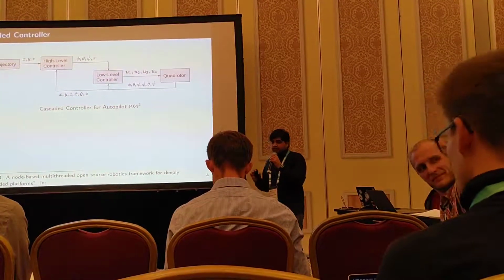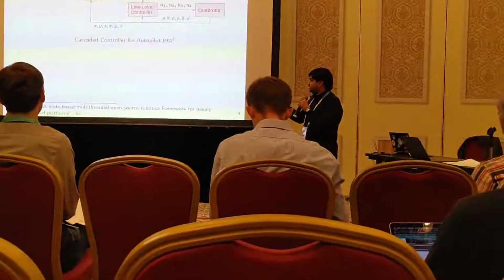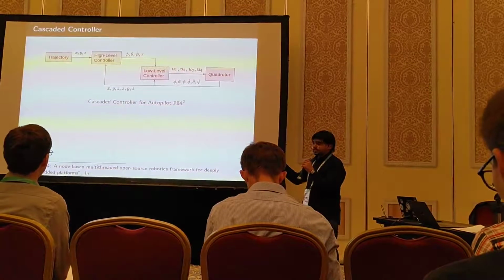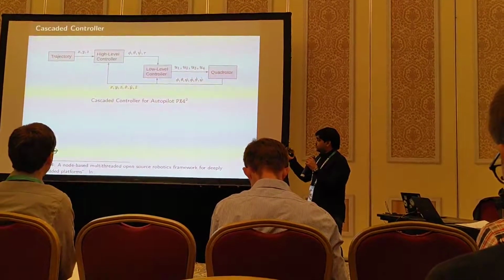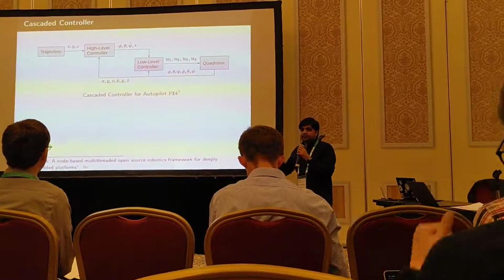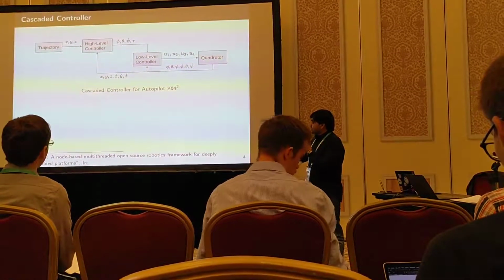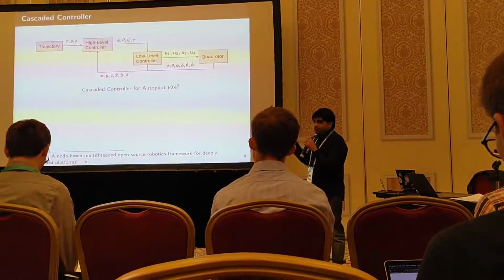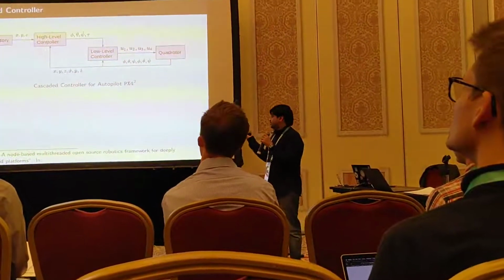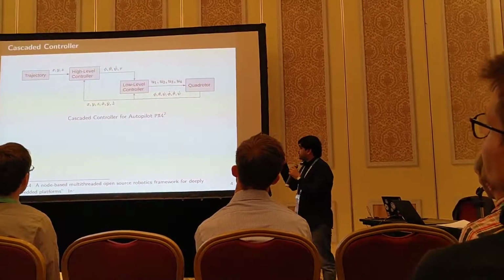The controller for a quadrotor is generally divided into 2 parts: the high-level controller and the low-level controller. This cascaded architecture is based on the open source PX4 autopilot. The high-level controller takes the position, the XYZ coordinates, the trajectory as an input, and outputs the roll, pitch, yaw rate, and thrust that need to be maintained to follow the trajectory. The low-level controller takes as input the roll, pitch, yaw rate, and thrust that are the outputs of the high-level controller, and converts them into the angular speeds of the propellers. So this is a feedback controller. Every controller is getting a feedback loop.